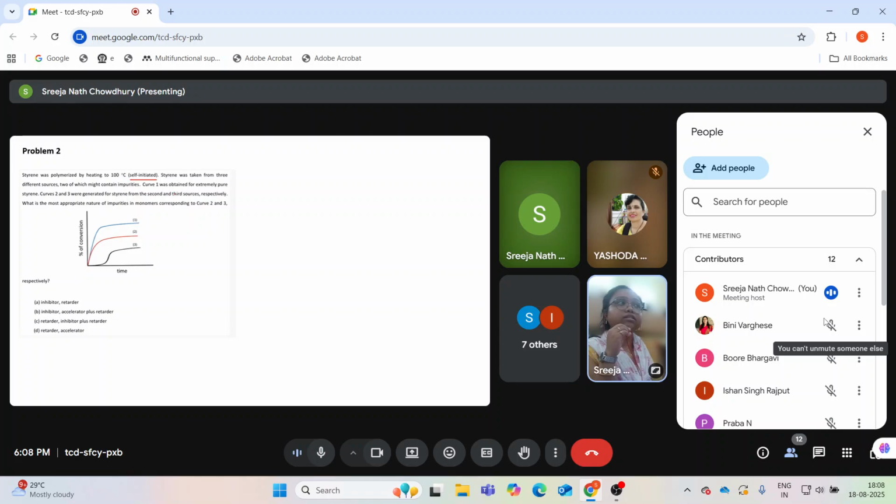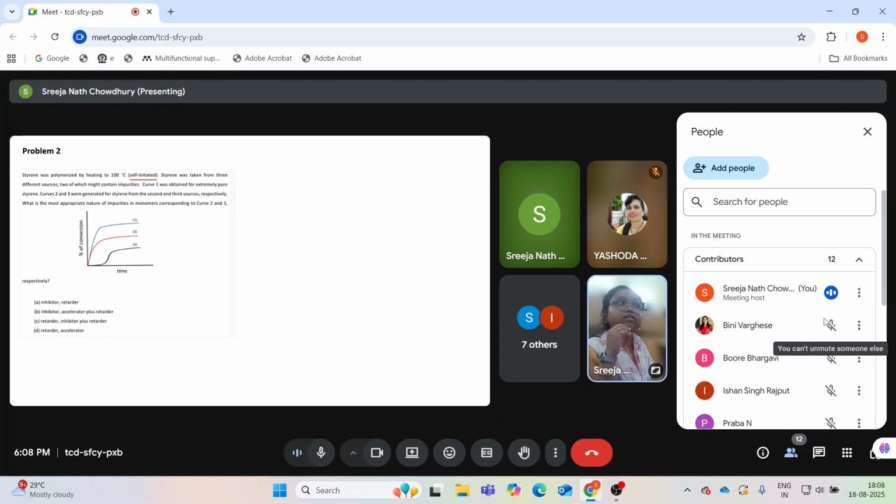Conversion by time is the rate of reaction. So when I come to the part 2 curve, we can see that the nature of the curve is exactly the same as curve 1, but the x axis intercept is different, and the rate of reaction decreases. So the molecule which can reduce the rate of reaction is known as a retarder,